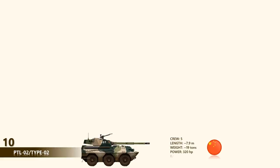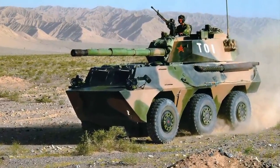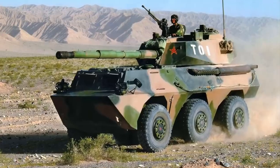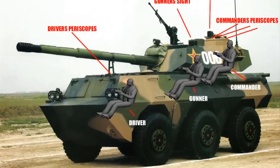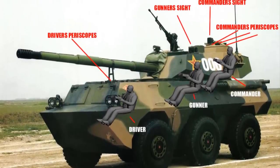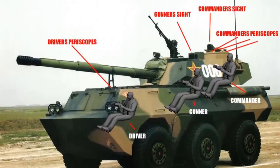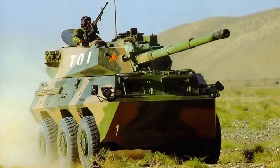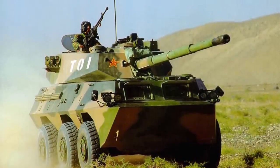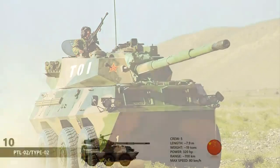The PTL-02 is armed with a 100mm high-pressure smoothbore gun developed from the Type 86 towed anti-tank gun. The vehicle carries 30 rounds for the main gun, and this gun can engage lightly armored vehicles. However, it is not that effective against modern main battle tanks. Fire control and observation systems of the PTL-02 were developed from the Type 88 main battle tank and are rather simple. The secondary armament consists of a coaxial 7.62mm machine gun and a 12.7mm anti-aircraft machine gun mounted on top of the commander's